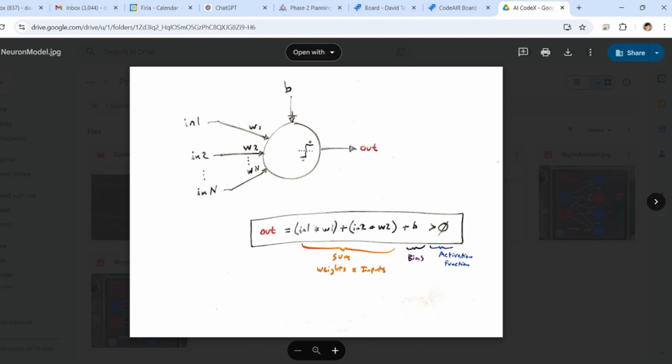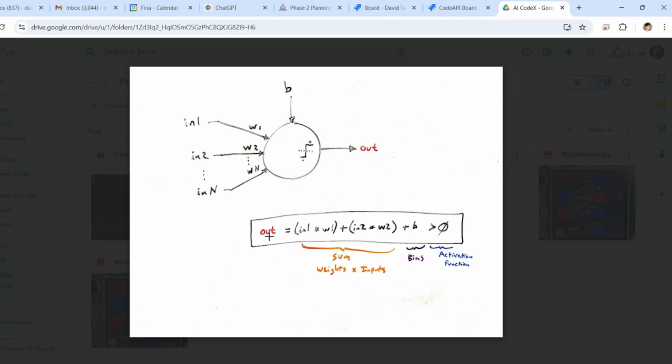And then there's also a bias in our model of the neural network, and it's just added in, like another one of the weights. So the output is determined by what's called an activation function. In our example, we're using a really simple one, which is just to say if the sum of all those weights and the bias is greater than 0, if it's a positive number, then the output is activated. It just goes to fully on. Otherwise, it's fully off. So positive number means it's on.